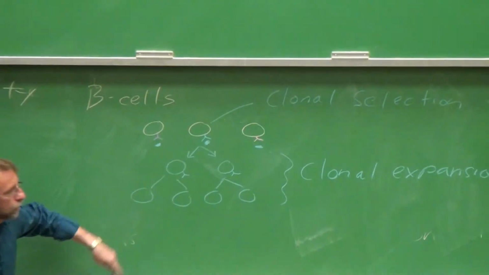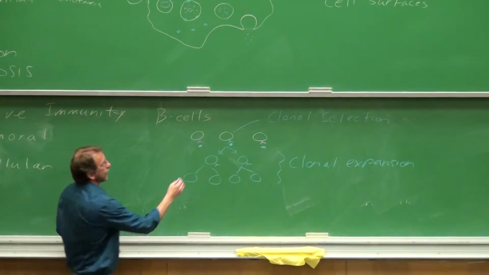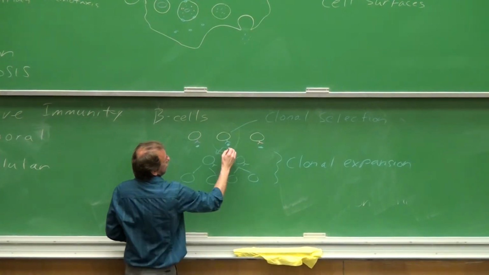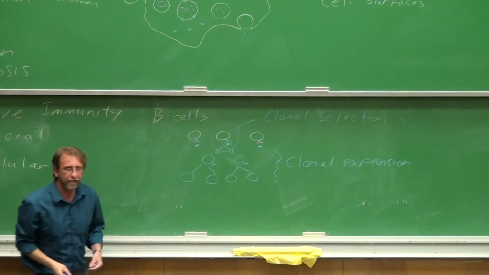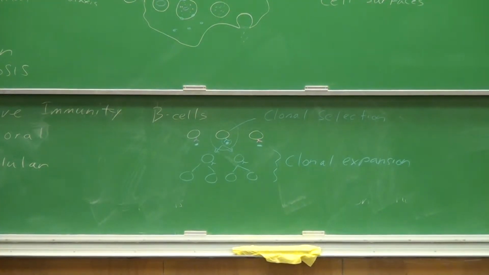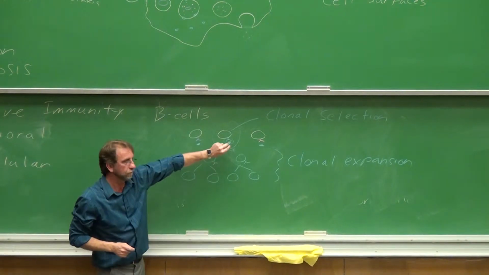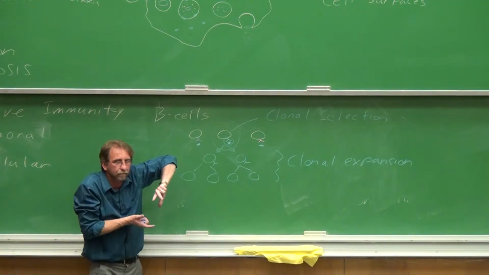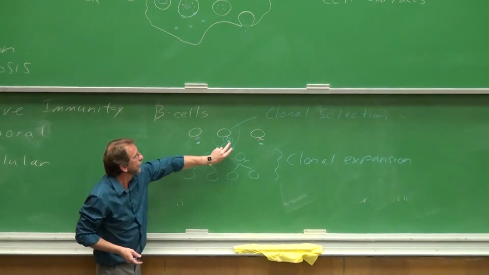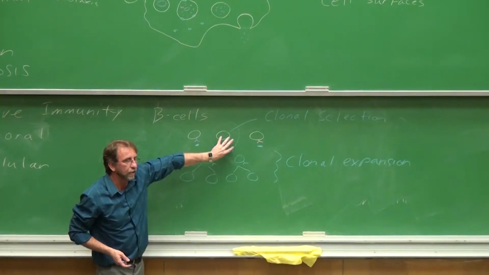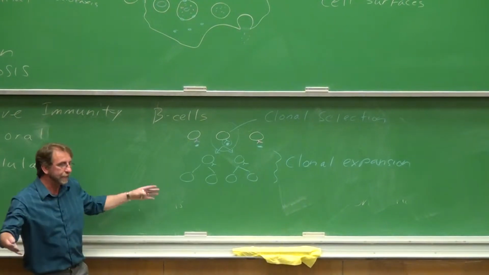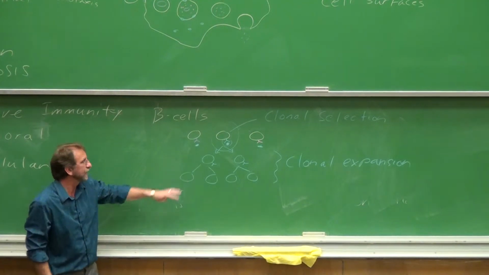And so now you've got many, many B cells that fit that antigen. Of the 100 million B cells that you have circulating, that one B cell bound to that one antigen, had the right combination, the right surface protein, and in binding to it, started to proliferate, clonal expansion,